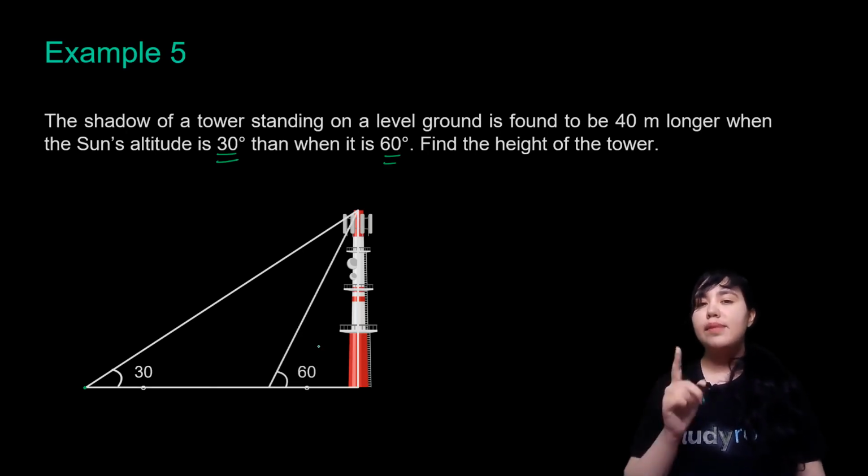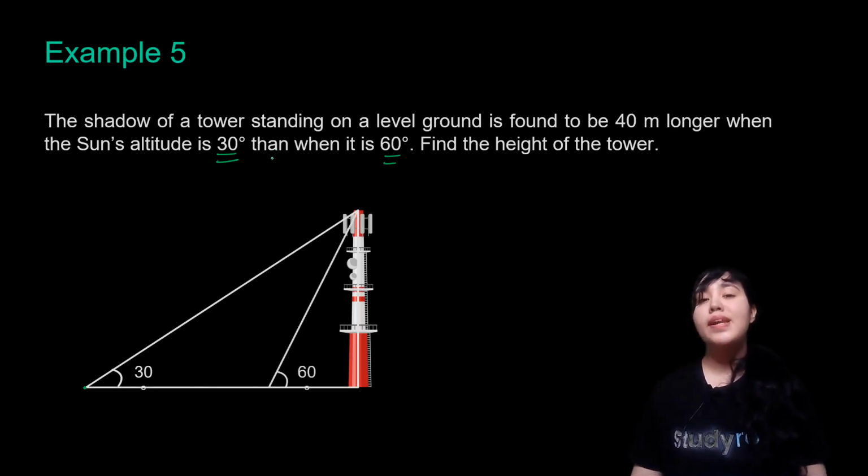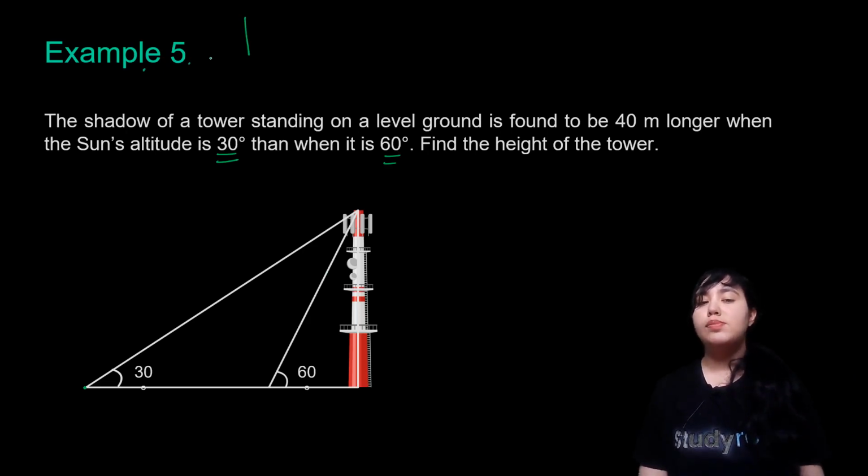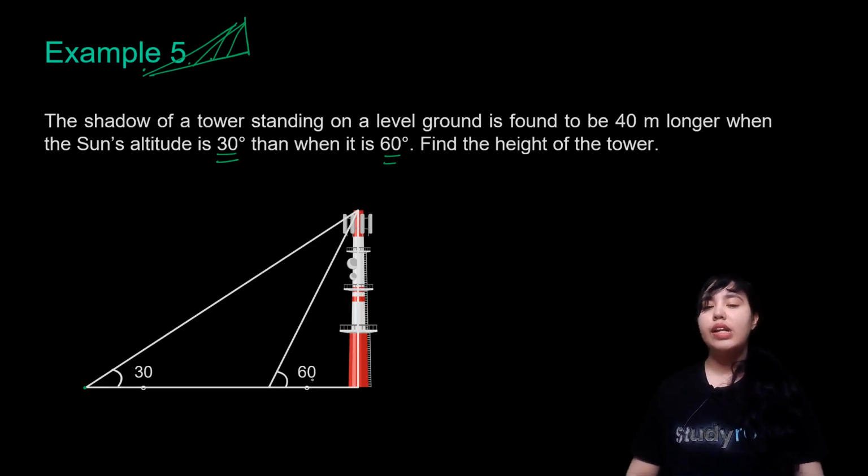Okay, so just keep in mind, whenever you have been given multiple angles of elevation, you will have this as the perpendicular. Then you look at the smaller angle. The smallest angle comes at the farthest distance, and as you increase the angle, it will move closer to the foot of this perpendicular. If I keep on increasing the angle, it will keep on moving closer to your foot of perpendicular. So 30 degree will come here, 60 degree will come here, and these are basically your shadows only at